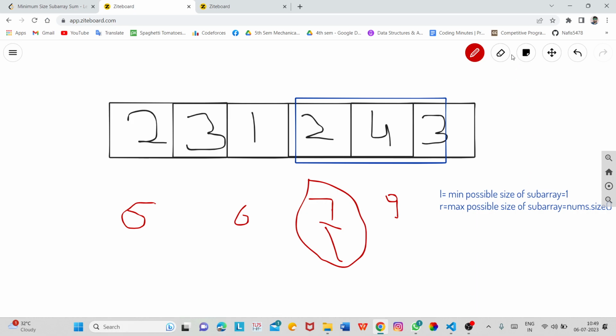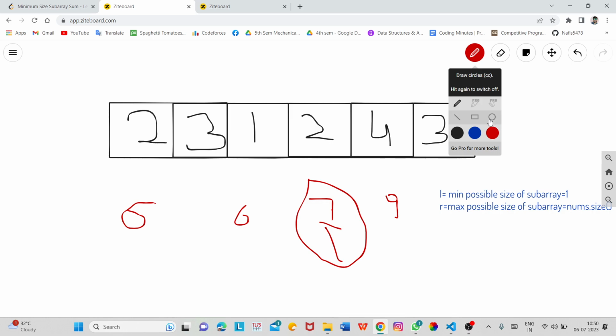Okay, so we have our answer, we can have the size of 3, but we have to minimize our answer. So whenever our size is 3, whenever we got our answer, we will try to minimize it by binary search. So basically let us see for lesser size. So let us take the size as 2. So if the size is 2,